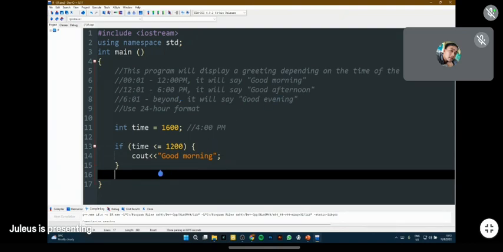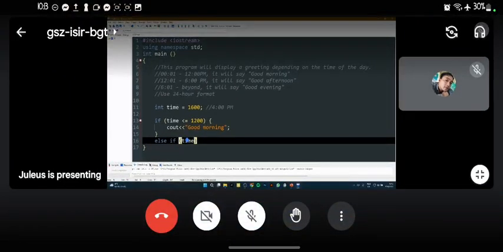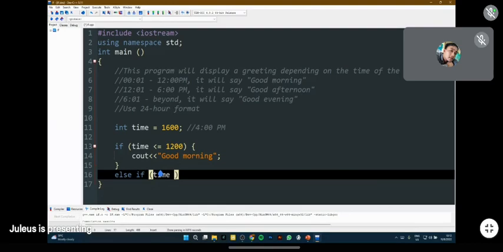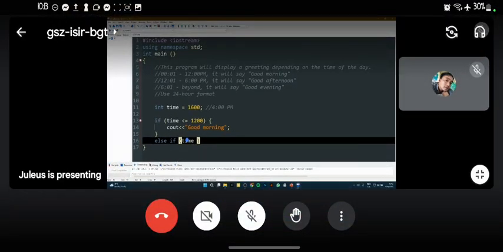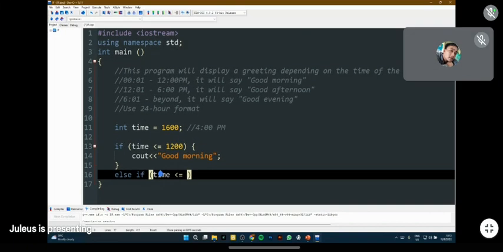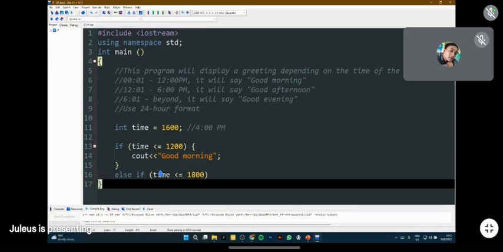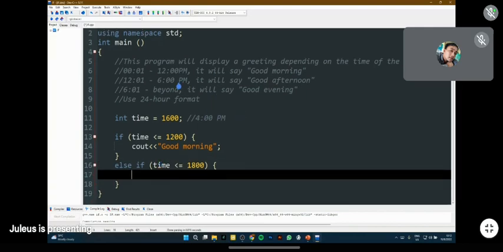So how should we write it? Again, else if, and the condition is time is less than or equal to 6 p.m., which is 1800.